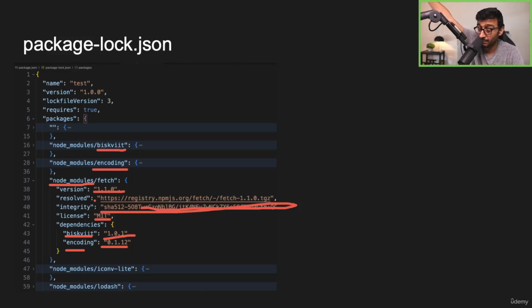whatever is in the package.lock.json. I don't care if there are newer versions that satisfy the semantic versioning. I don't care. I'm going to follow exactly the package.lock.json. And I'm going to follow where I'm going to look it. I'm going to use these URLs. And I'm going to load exactly that. And I'm going to verify all of this.